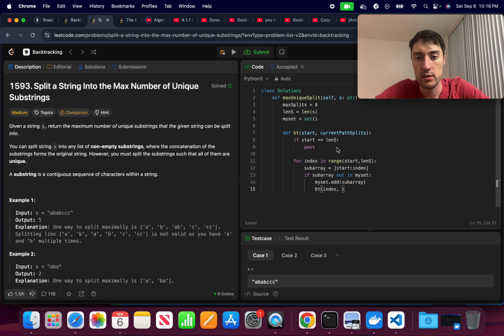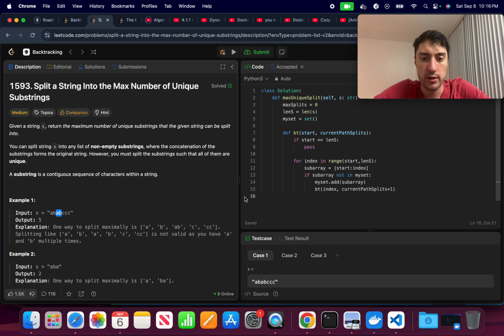And I want this current path splits, but increased by 1, plus 1, okay? And now I've recursed out of this backtrack,